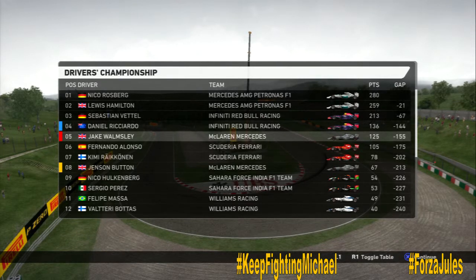Nico Rosberg leads the way, 21 points ahead of Lewis Hamilton. Hamilton's going to have to do something in Russia and in the last 4 races to beat Rosberg. Vettel is in 3rd. Ricciardo is now back up into 4th by 11 points from us. Fernando Alonso in 6th. Then it's the other Ferrari, Kimi Räikkönen. 8th is our teammate Jensen Button. 9th is Nico Hülkenberg, and then it is Sergio Perez rounding up the top 10